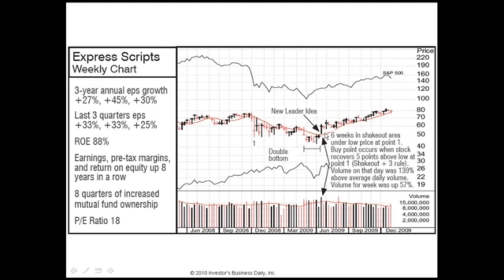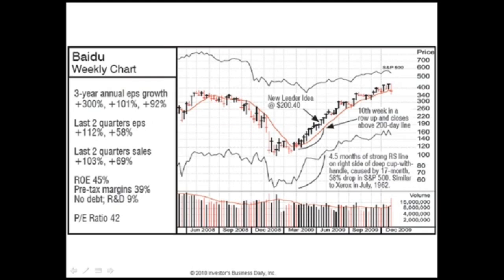And you may have been thrown by a lot of these patterns being deep cups, but if you knew some history, you'd realize that the patterns are all made by a correction in the market. And the worse the correction, the deeper some of those patterns are going to be. And that's why you had a Baidu coming off 70% or 75%. But you still have the same characteristic. It's just a bigger cup with a handle, and it can be justified because of the 58% correction.